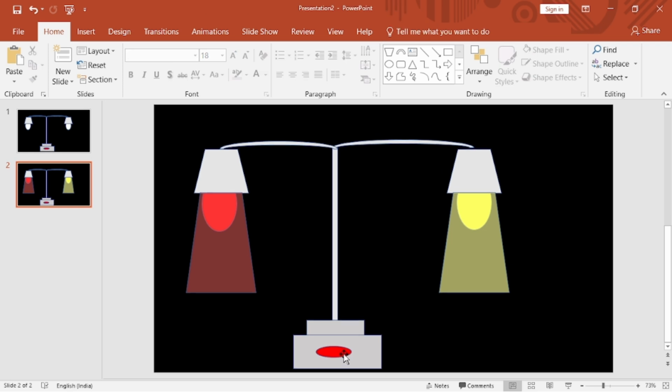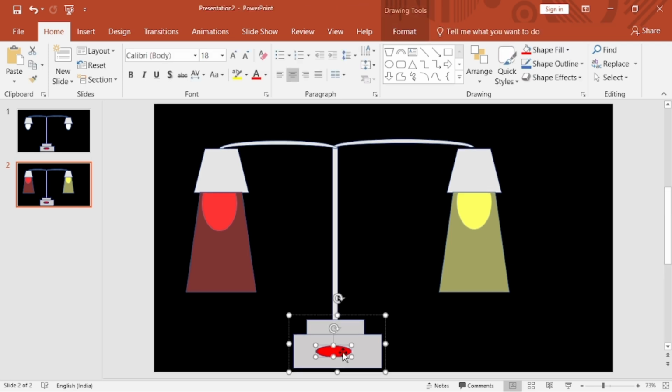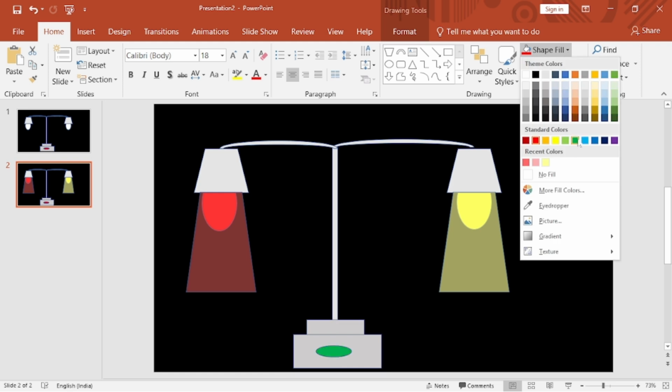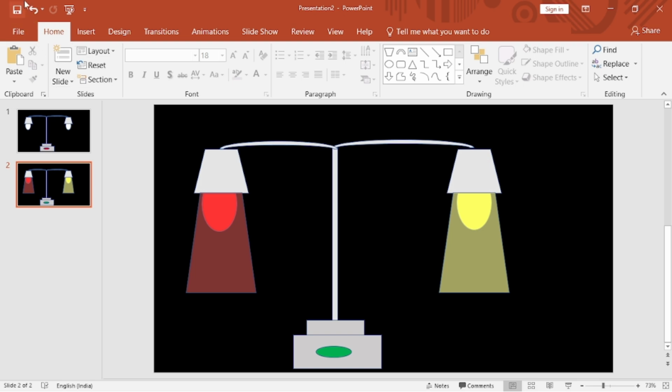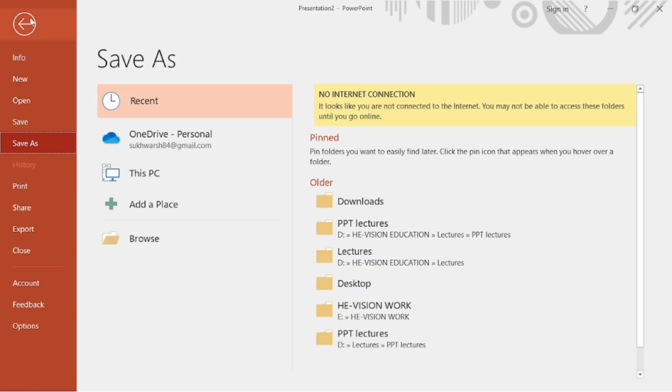Okay, so here I will change the color. It will be green. Okay, so what I do now,